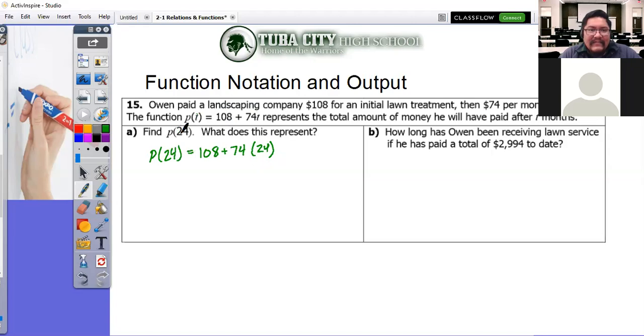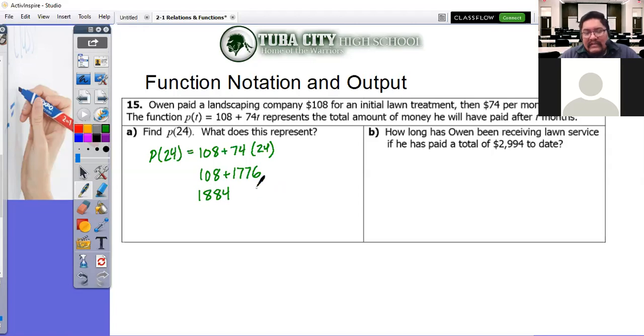So if T has been replaced by 24, that means that this has been 24 months, or maybe a year. So in this case here, I have 108 plus 1,776. And add those together, you get